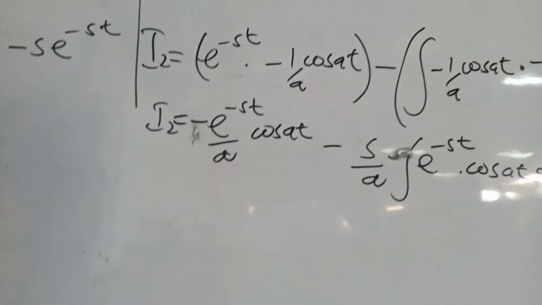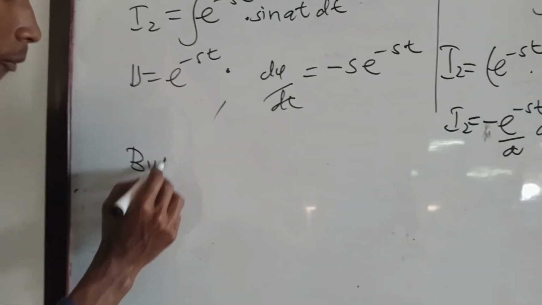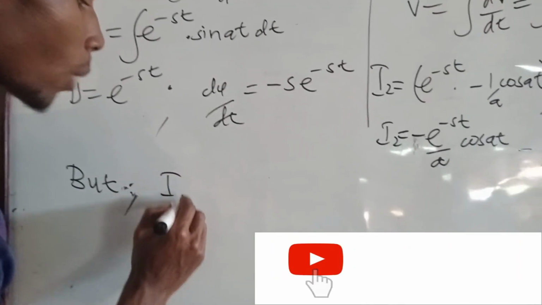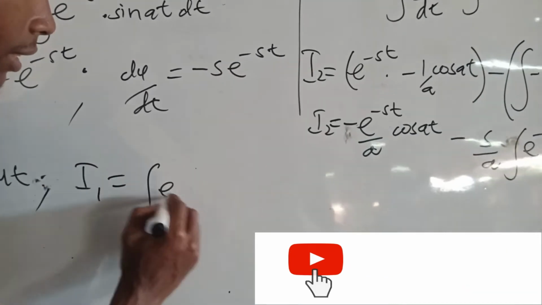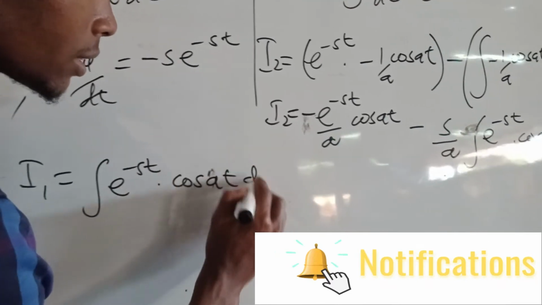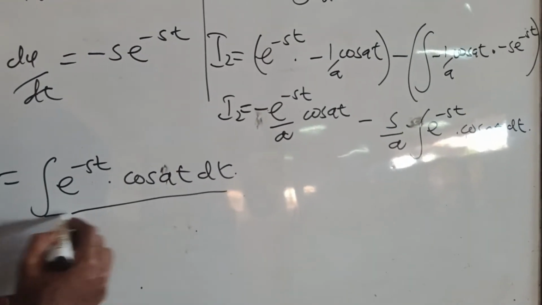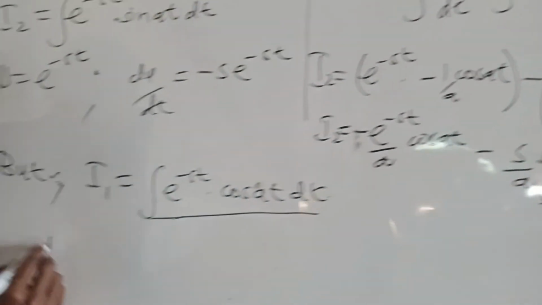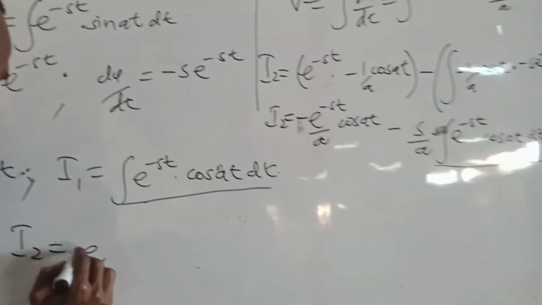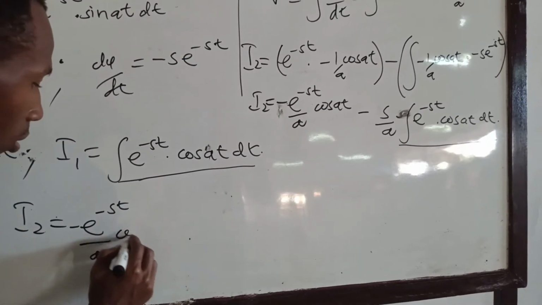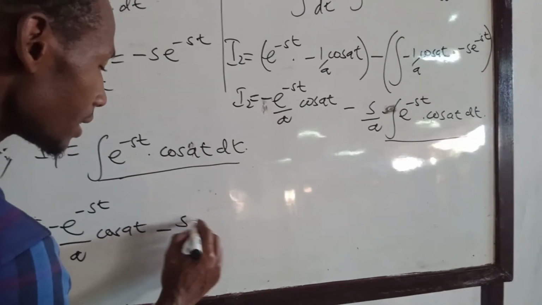But we say, I1 is equal to integrating e minus st times cos at dt. And when we look at this expression here, it is this expression here. So we can change this one to I1. So we rewrite this. So I2 is equal to negative e minus st over a cos at minus s over a